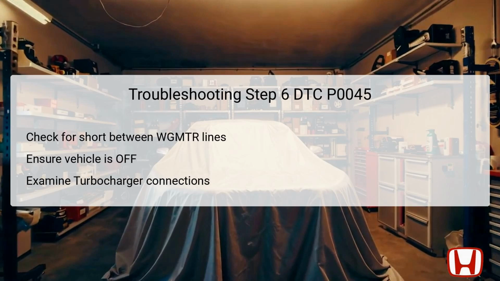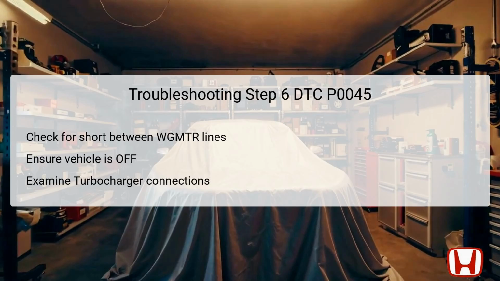In this sixth troubleshooting step of DTC P0045, focus on checking for shorts between the WG-MTR1 Plus and WG-MTR2 negative lines. Make sure to keep the vehicle in off mode with both connectors disconnected. Measure continuity between Turbocharger 5P connector terminal number 1 and terminal number 5. If continuity exists, it indicates a short circuit that requires correcting. If not, you would advance to the next diagnostic step. This phase is crucial to ensure that both lines are functioning correctly without interference from short circuits that could affect